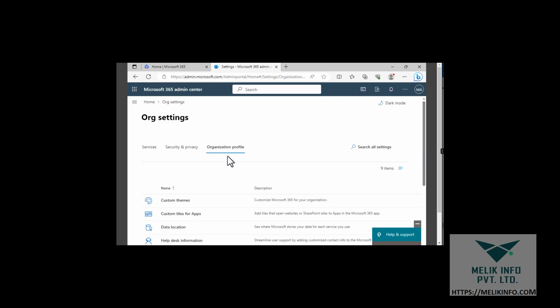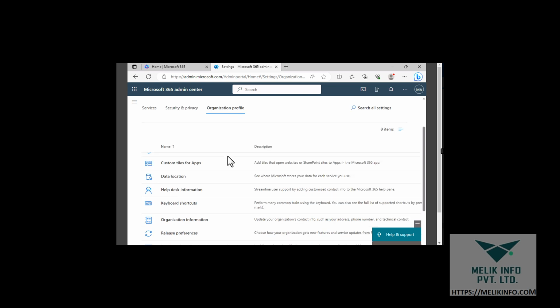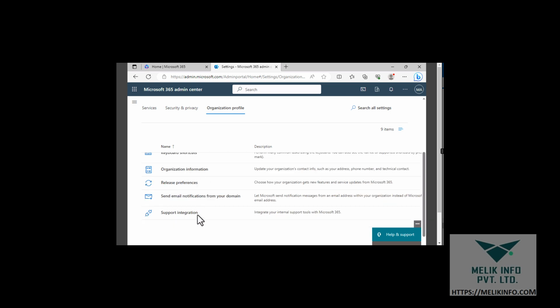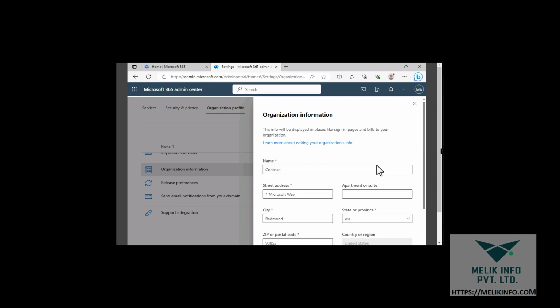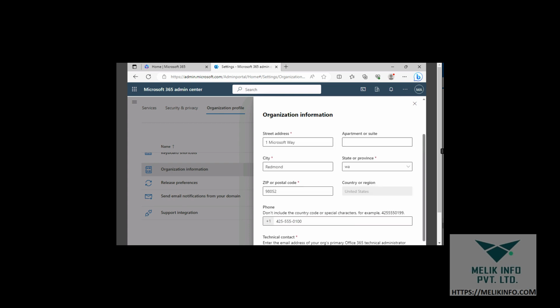On the organization profile, if you scroll down, you have the organization information, as you can see here. Now you have to specify the name of your organization here, your address,